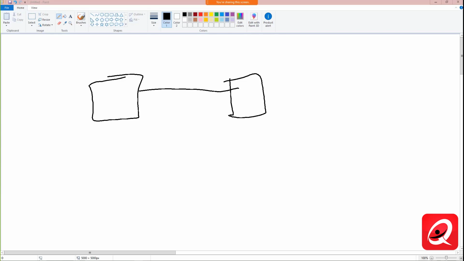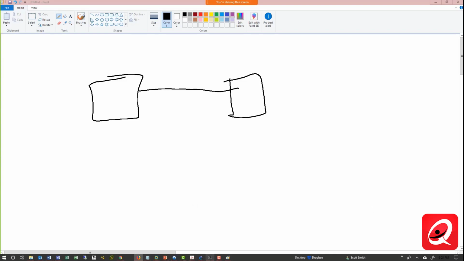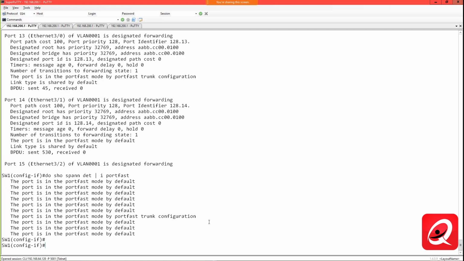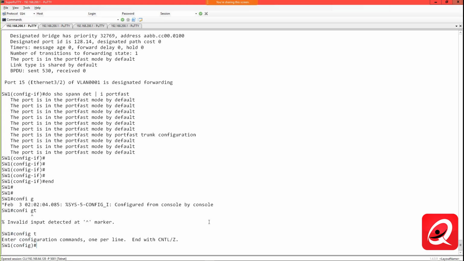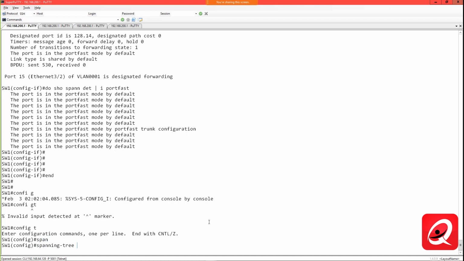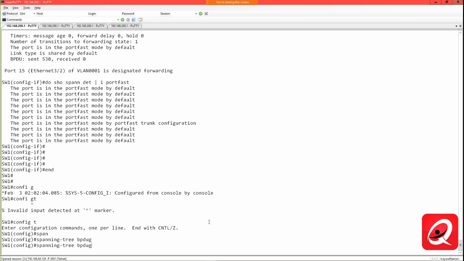All right. Now, there's two ways to implement BPDU Guard. One method is to implement it globally in conjunction with the Portfast feature. The syntax will show us that. So if I do config t, spanning tree BPDU Guard,